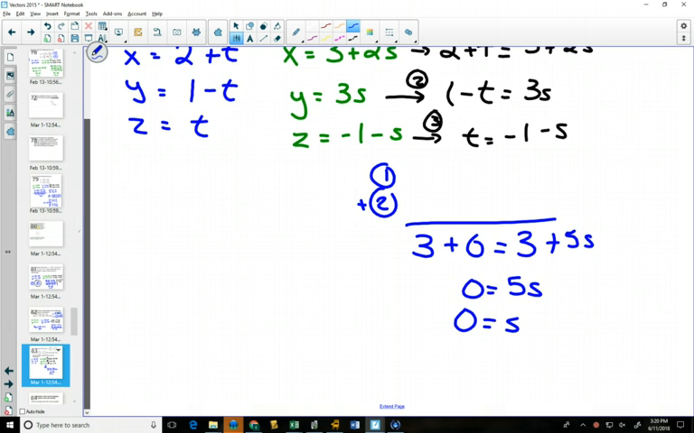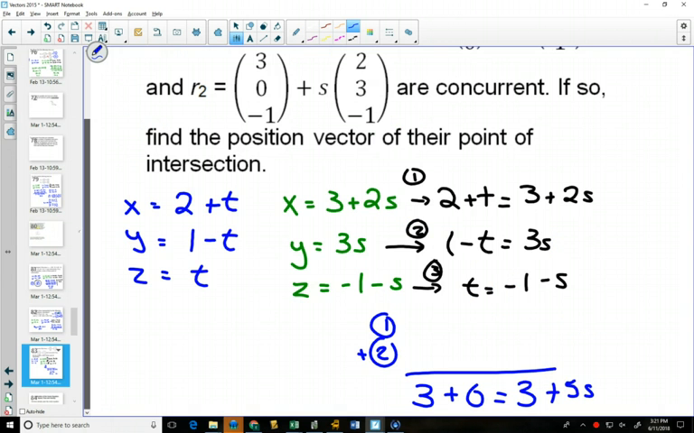If s is 0, then t equals, I can plug in 0 for s either into equation 1 or equation 2. If I plug it into equation 2,